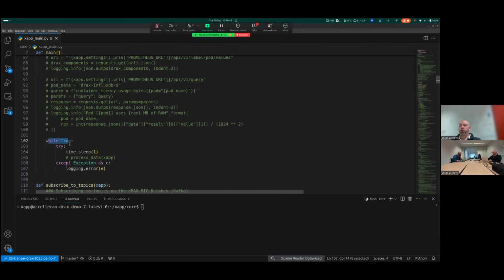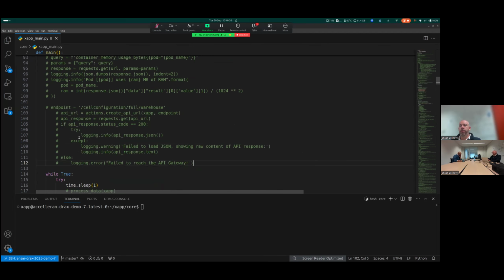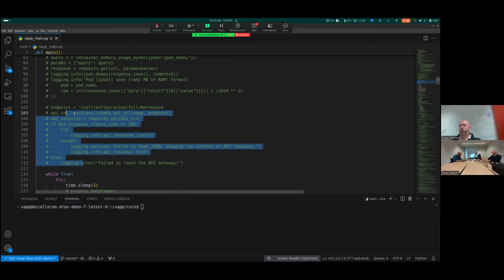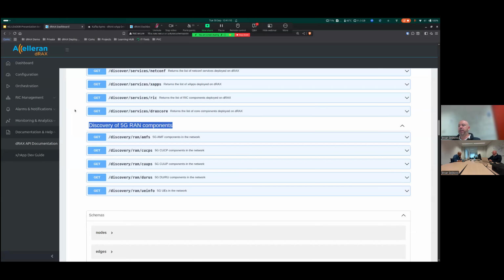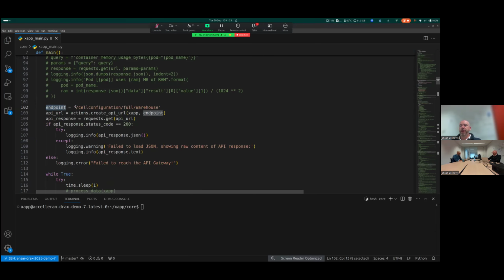Here we have the while true loop. I won't loop over it, so as not to call the GET method all the time. I'll just put this piece of code right before this while true loop, indent it properly and comment it out. So this is just snapshot code where you define an endpoint, which in our case, if I go back here, is this discovery RAN DU-RU. Now, you can also click this small copy button that you have directly on this page, which allows you to easily copy this and just paste it into this section over here.